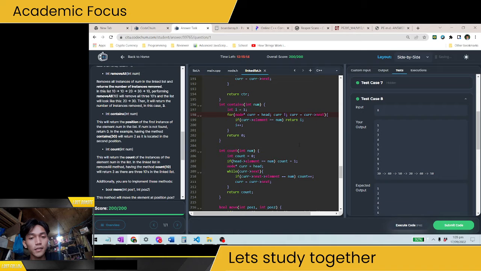So this is basically the same. Current is not equal to null here. So as long as our current is not equal to null, because of course if this were null, we cannot scan our current element, we cannot compare our current element to our number. So if this case is true, I will just be returning 1 because this is the first iteration here. And if not, we will go to the second position because we are setting our current to current next. So this is the second position, and I plus plus,